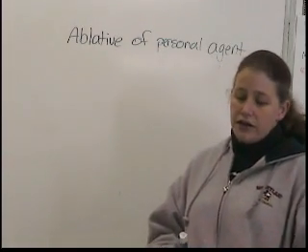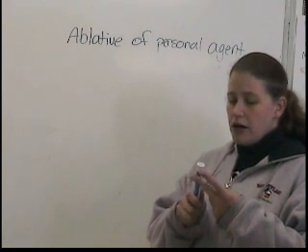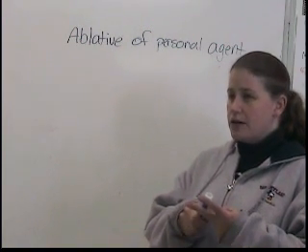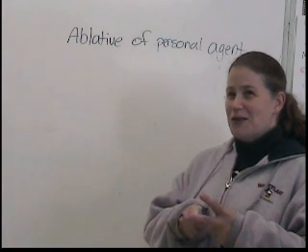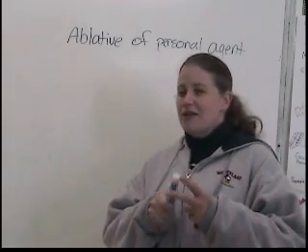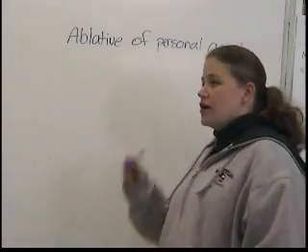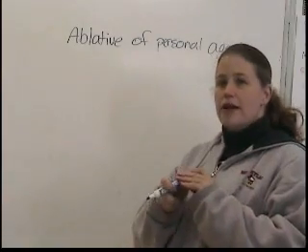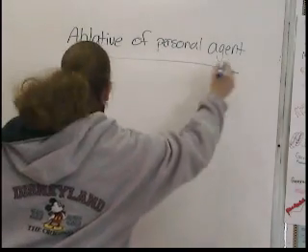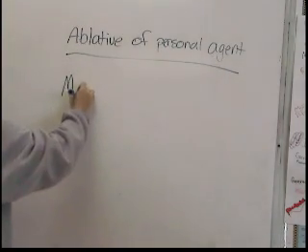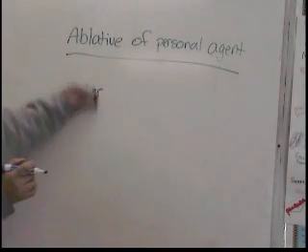So, by its very nature, if we just have the subject and the verb, we know what's happening, and we know to whom or to what it's happening, who it's getting happened to. But we don't know necessarily who's actually doing it. And that's where the ablative of personal agent comes into play. I'm going to write it in English first, and we'll see how to write it in Latin.